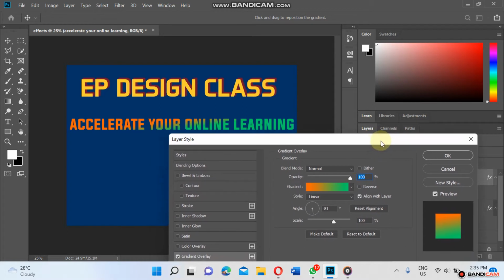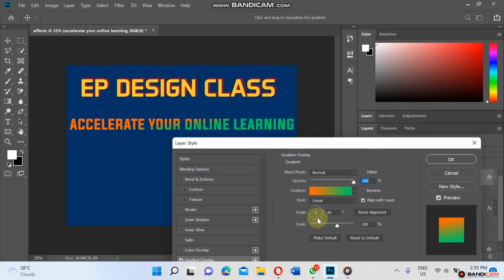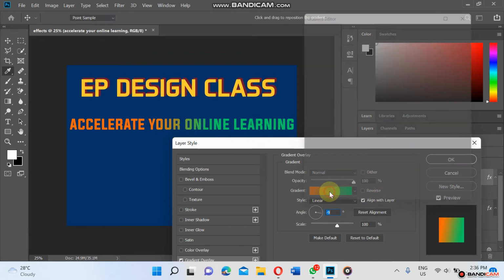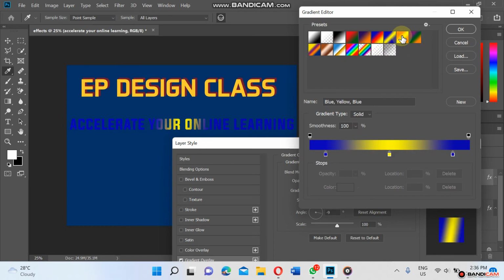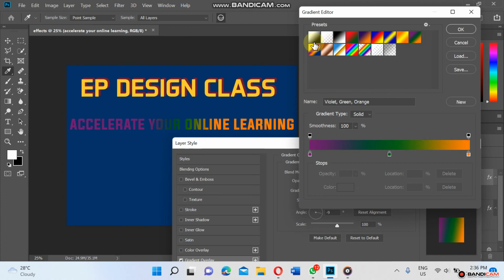Now with this too, you can manipulate the angle at which the effect is applied. You can move this around, then you adjust them until you get what you feel is okay for you. Now there are other presets of this effect. If you want to apply them, just click here, and then among the options you can click on any one that you want. See how beautiful